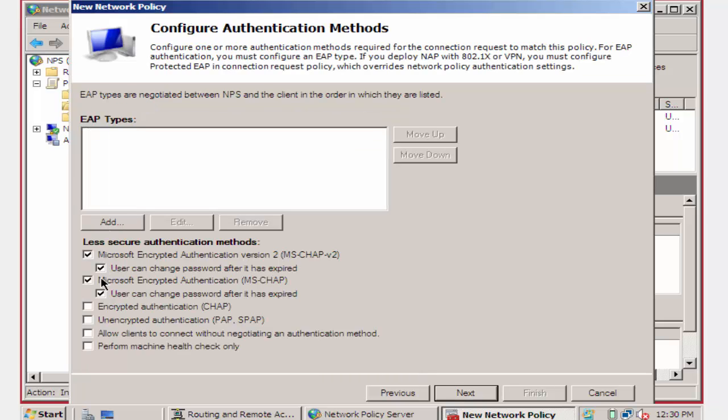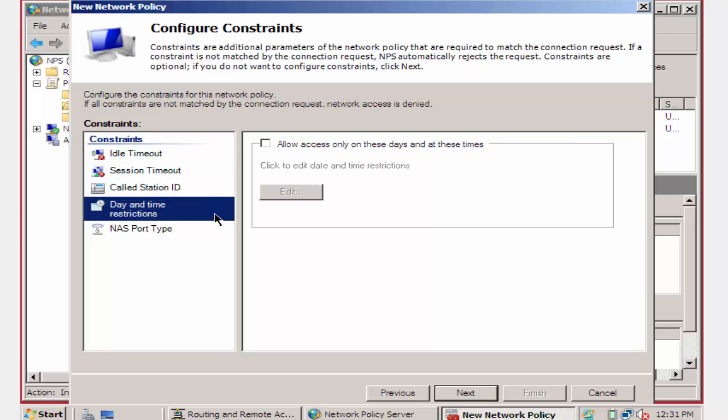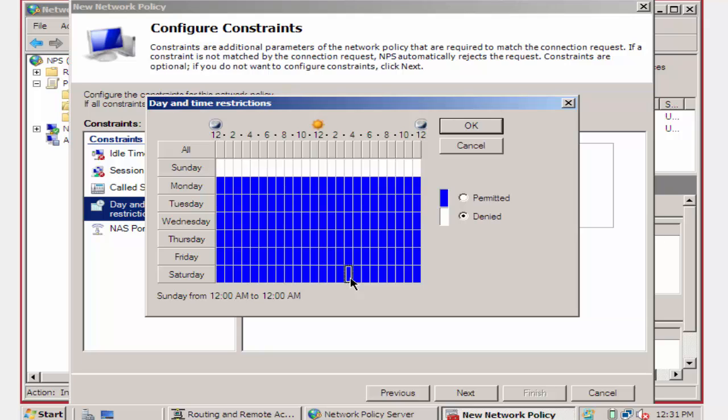Alright, so for the sake of this tutorial we are going to disable the user can change password. Click next, and then we are going to do some day and time restrictions. This means basically the days and times that users can use the VPN. So we are going to take out Sunday from the use of our VPN because we don't want anyone to access our network on Sundays, and we also will only give our users access until 4 p.m. on Saturday,